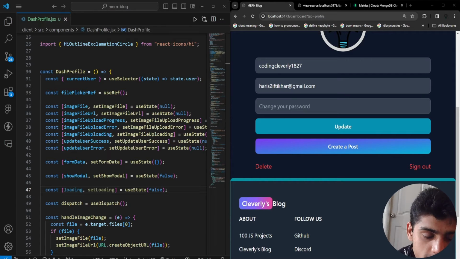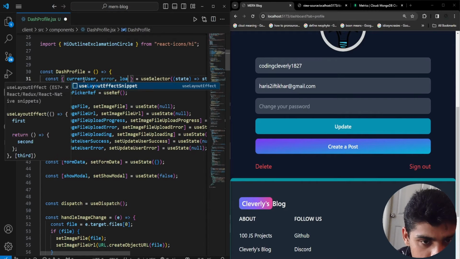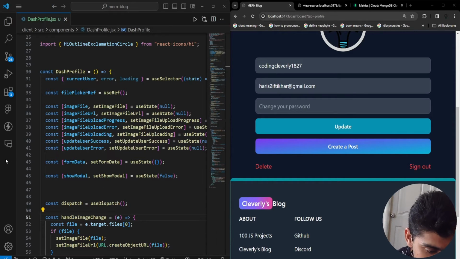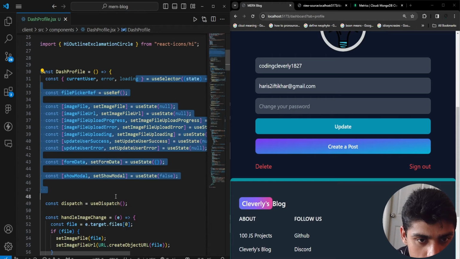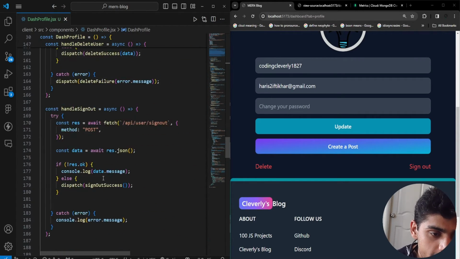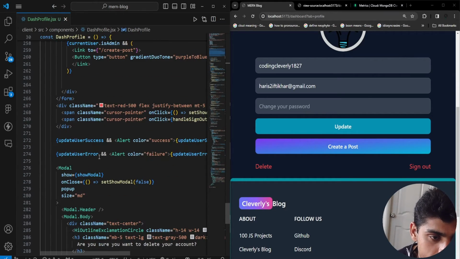What we could do is actually, if you remember, this loading state could actually come from the user, this current user. So current user, we have the error, and we also have the loading from here. So we do import all of this stuff, and then we have, remember this other. So we have state, and inside the state we have state.user. Okay, and we're getting this useSelector, and we're basically importing. Okay, so over here in the button part, which is right here,